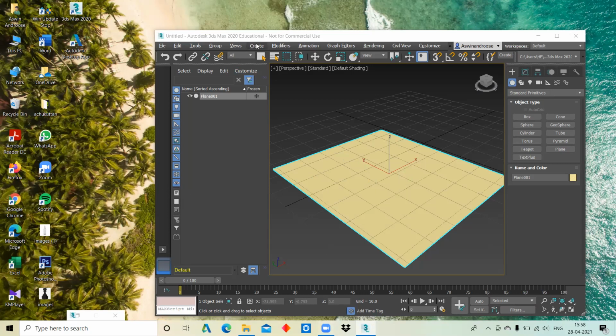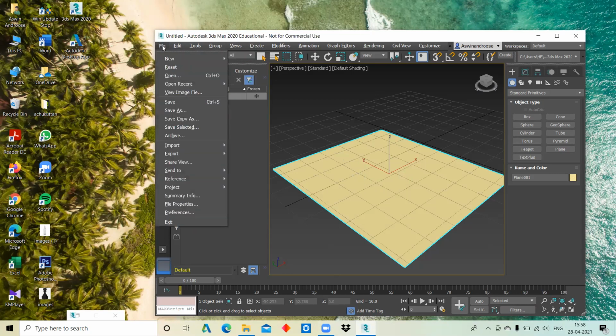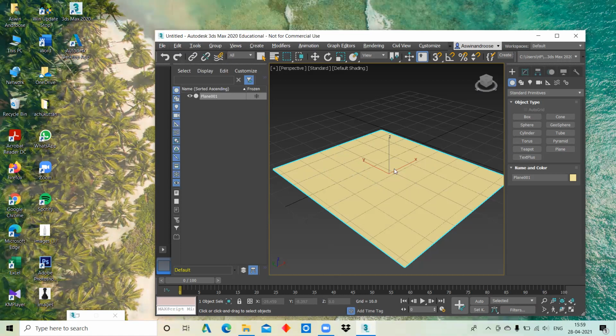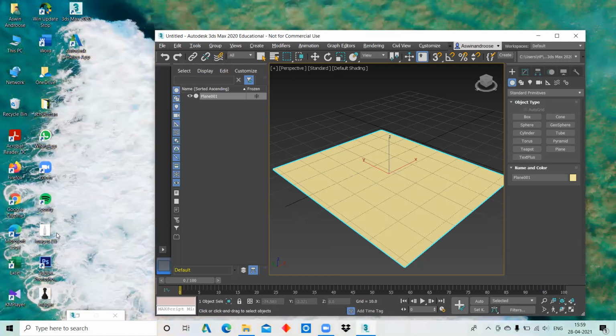It should work like this. Maybe something has been set by default. Is there any other option? Yes, options are there, but why is this happening? This is the easiest way of doing it.